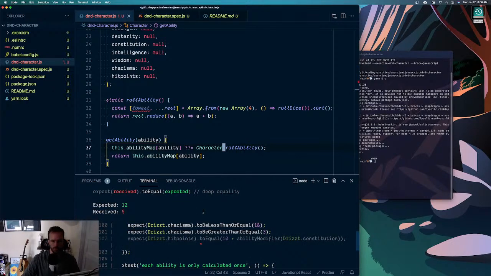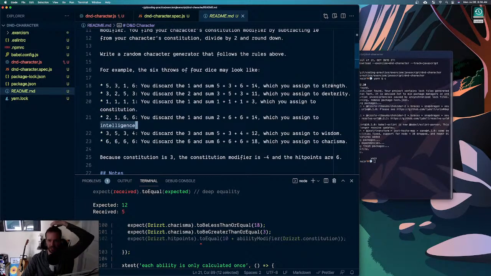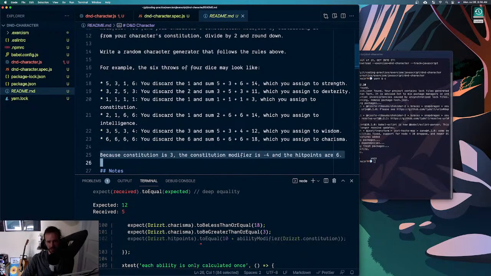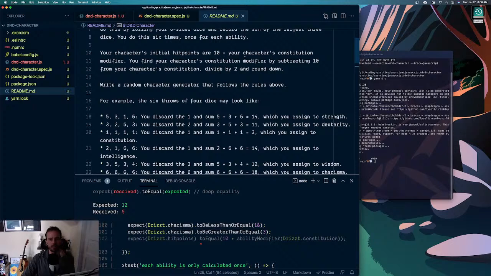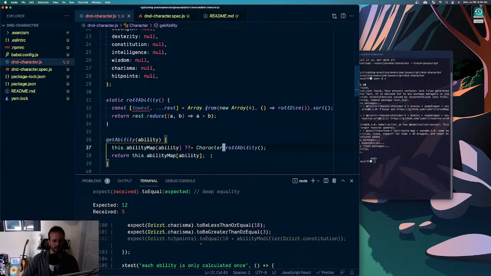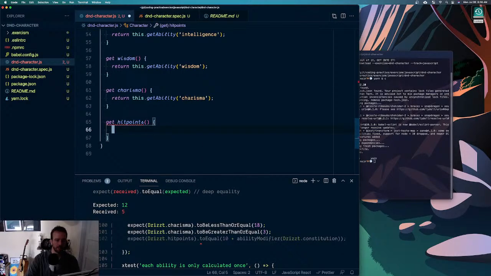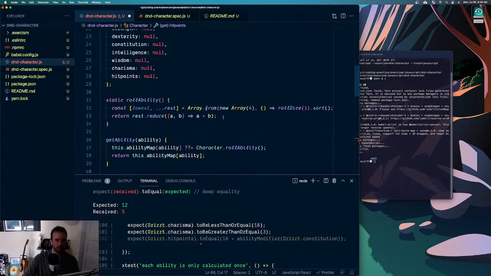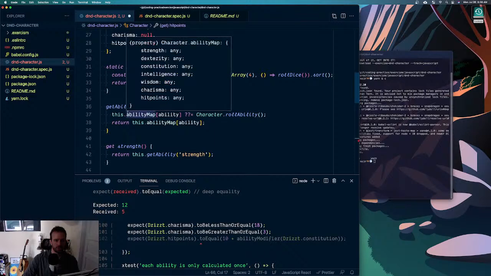So we got a 12 on hit points. So hit points is the one calculated differently, right? Hit points. Okay, character's hit points are 10 plus your constitution modifier. Good. Okay, so hit points equals return 10 plus my constitution modifier, which is